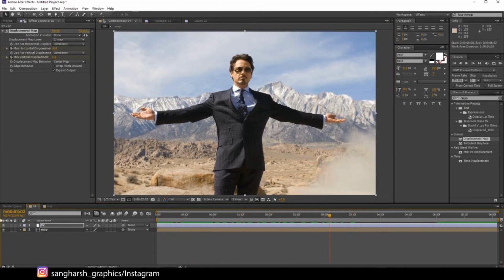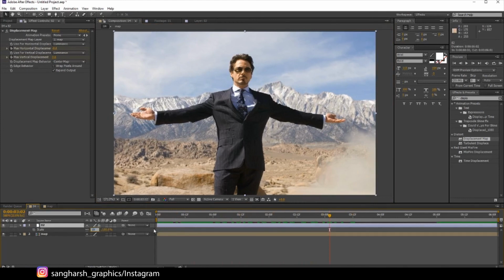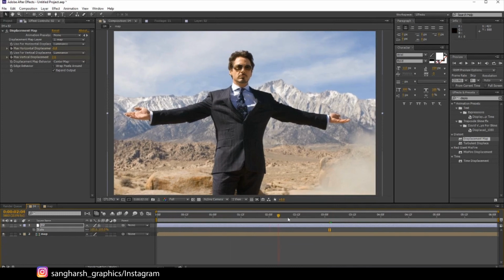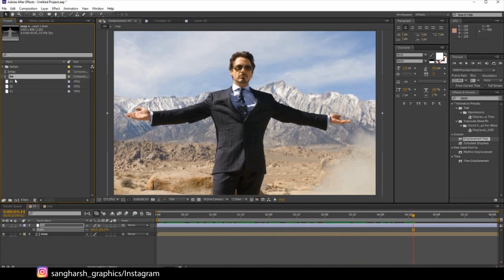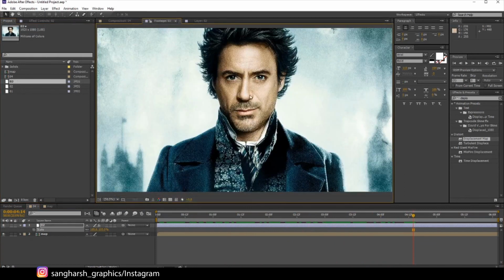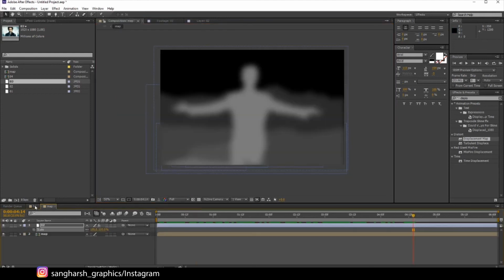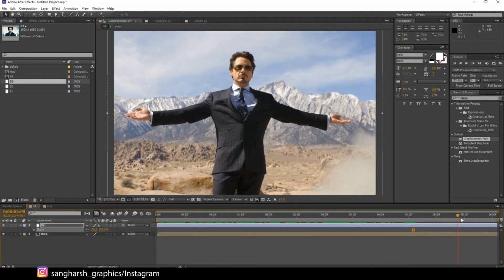To get rid of these edges, you can just scale it by something like 110, or we can make it 105. Yeah, perfect. Now you can see we have this little bit subtle effect of a 3D photo. So you can use the same method to work on a portrait. It works great on a portrait like this, as you have seen in the preview. So just go and check how it works. It's really good to add depth maps and use this effect.